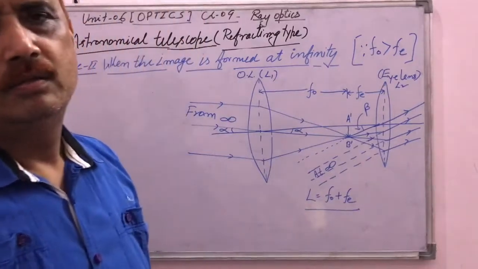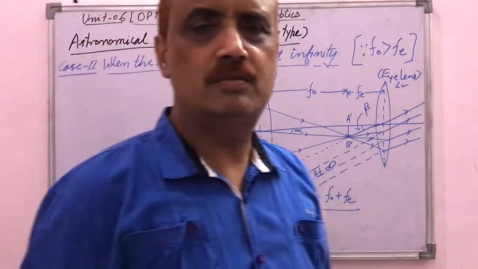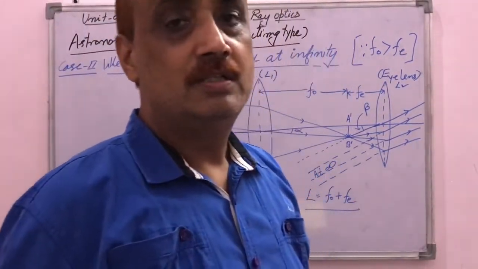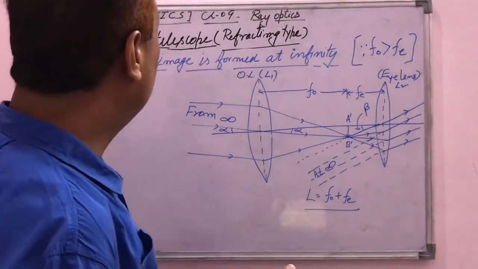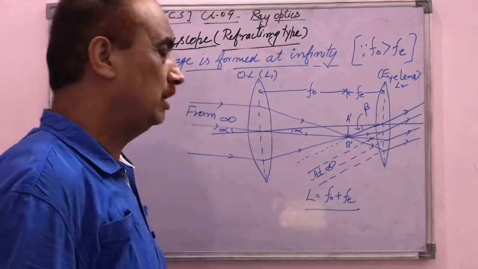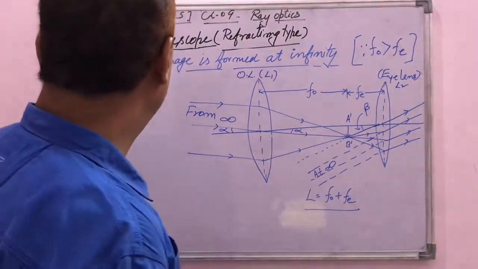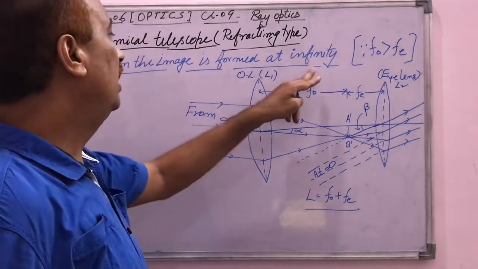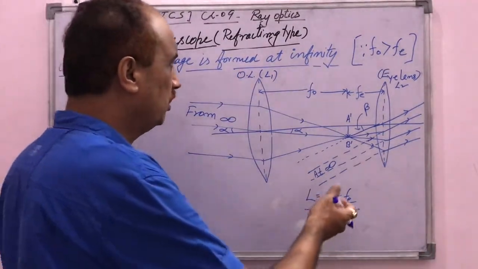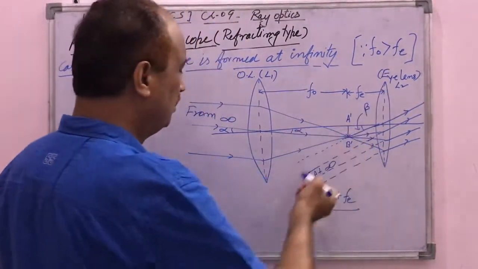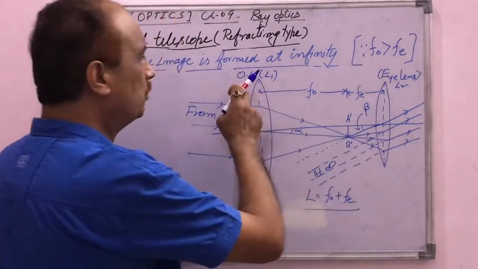Okay, now students, in this video we will discuss the second case of the astronomical telescope, the refracting type astronomical telescope, and the second case is when the image is formed at infinity. Now again, taking the same astronomical telescope, having the two lens system L1 and L2, one is the objective lens,